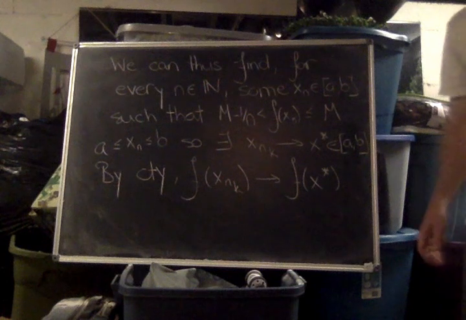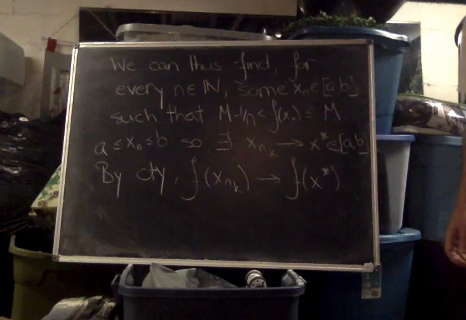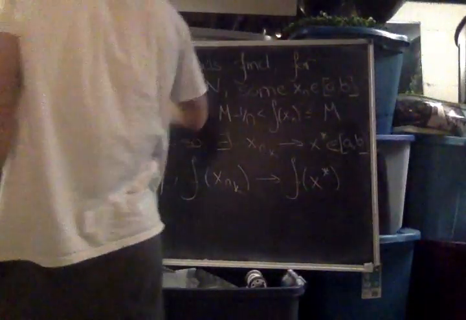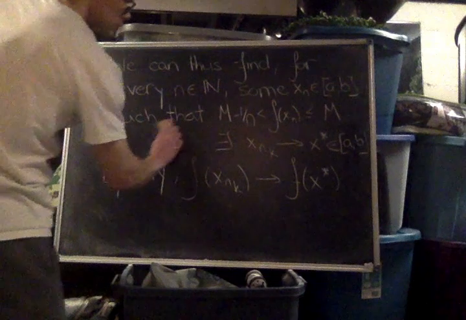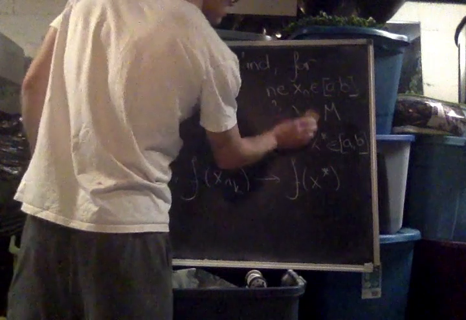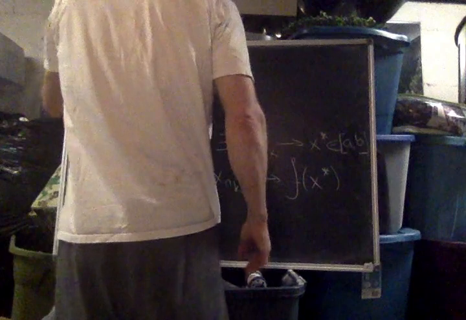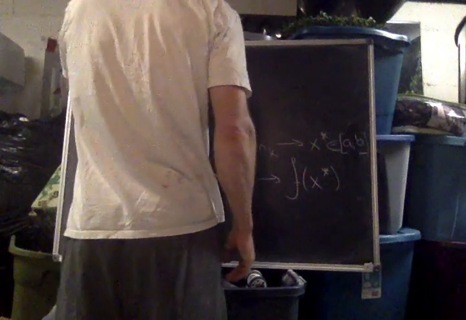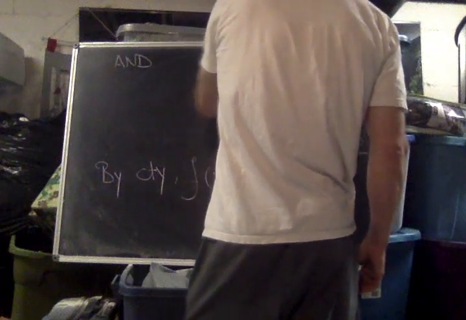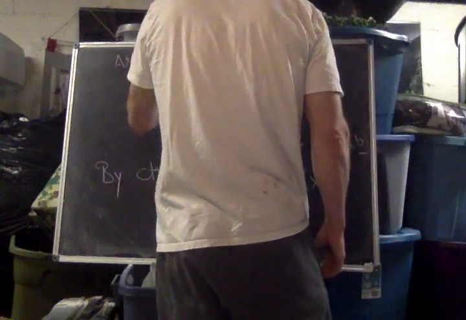So that much we get for free from continuity. And from the discussion earlier, if you look at f of x sub n_k, it has to be less than or equal to m, but it's also going to be greater than m minus 1 over n_k,